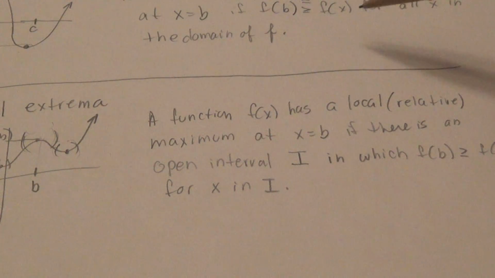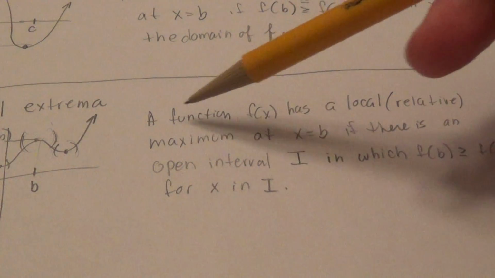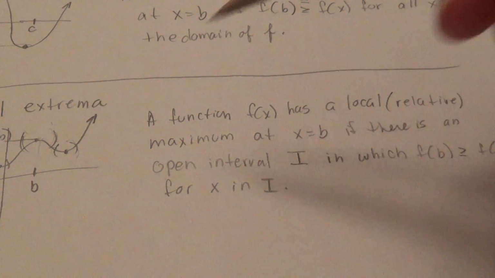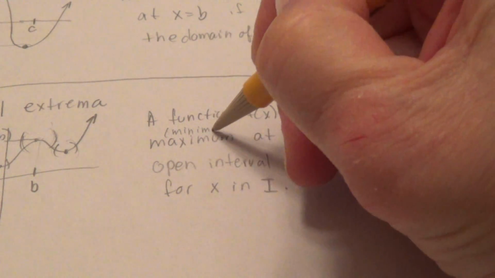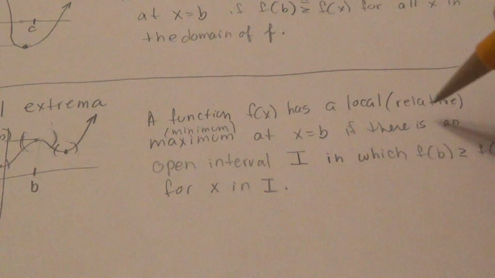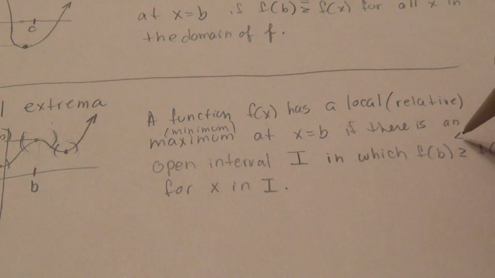So if we're going to define a local or relative minimum, a function f of x has a local or relative minimum at x equals b if there is an open interval I in which f of b is less than or equal to